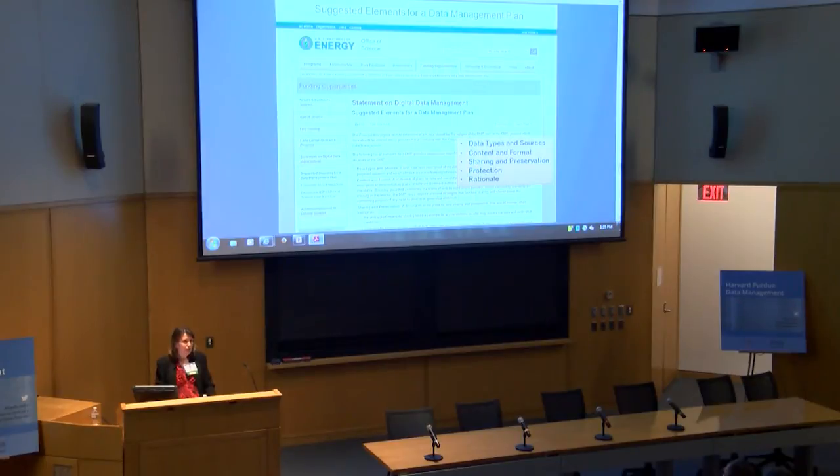So just a little bit now about the suggested elements for a data management plan. Not all of our data management plans are using this. That's absolutely fine, but some are, and we've heard that it's somewhat useful. So, of course, you're asked to talk about the data types and sources, the content and format, and how you plan to share and preserve those data,